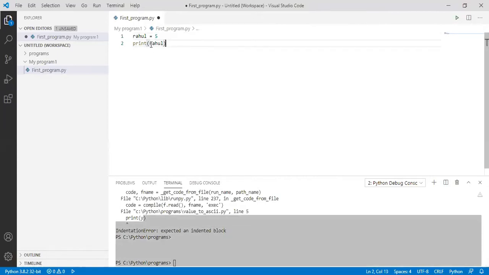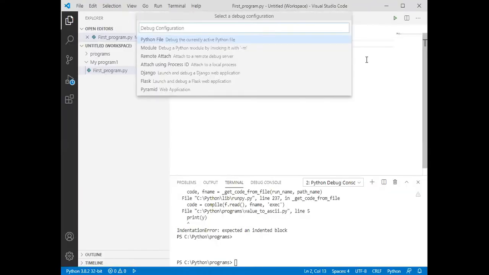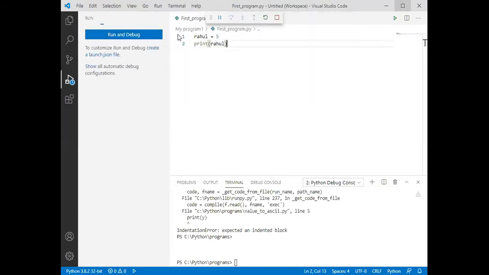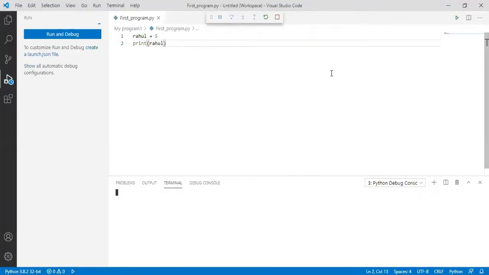Suppose I am saying Rahul has 5 rupees and I want to print what Rahul has. For running it you have to press the F5 button of your VS Code. So I am pressing F5 and going to this Python file. Let's see what gets printed.